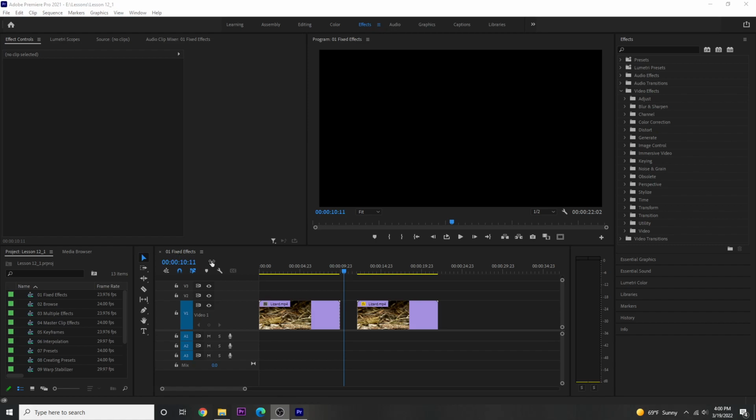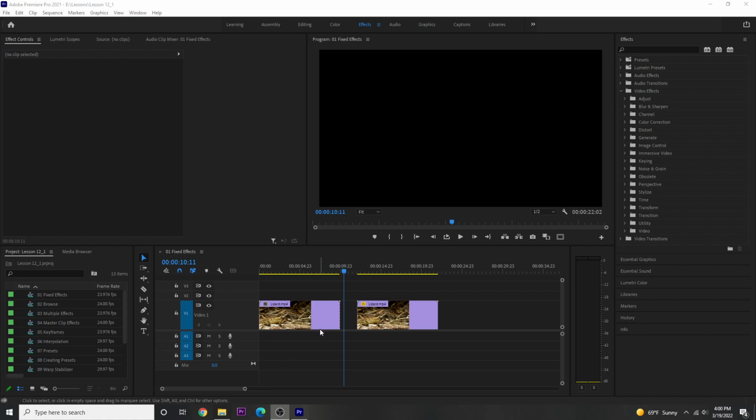This is the first one we'll be looking at in this chapter as we take a more in-depth look at what a fixed effect or intrinsic effect is. Those two names are interchangeable, or the other type of effect is called standard effect. All right, diving into this, your fixed effects or intrinsic effects are anything that is already included with the clip